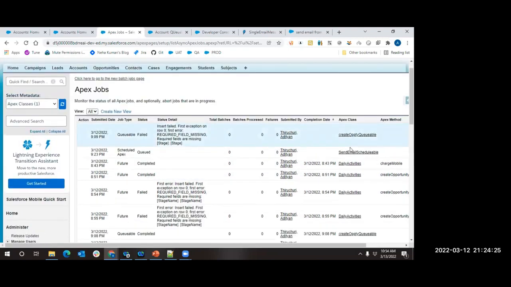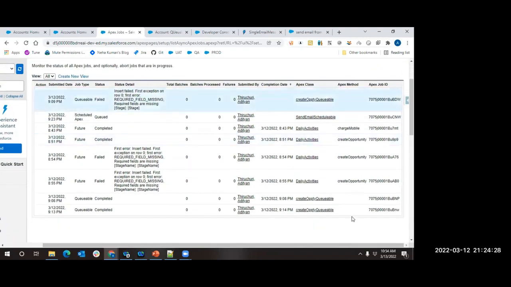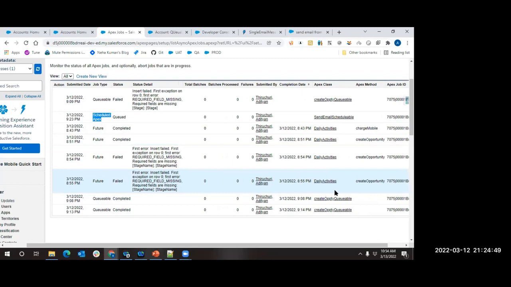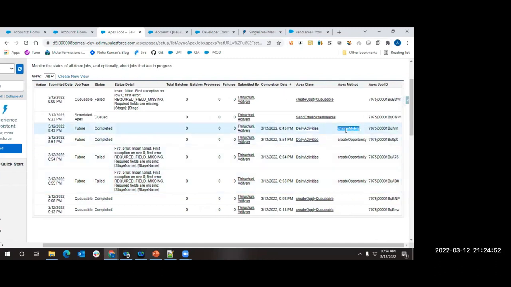Now also let me tell you why the Apex method is empty for a few jobs and present for others. For future methods, the method name will be there, but for queueable and schedulable the method name is just execute, so it is not explicitly shown. For queueable it is just execute, so it is evident. Why do you need the method name again? Do you want the system to tell you execute? For schedulable also it is execute only, that is why it is not showing method names for the interfaces. But if it is a future method, it clearly shows the method name, because in one class you can have multiple future methods. You cannot execute one future method from another, but in one class you can have multiple future methods.